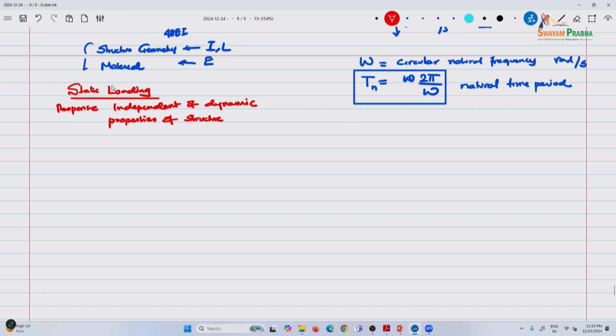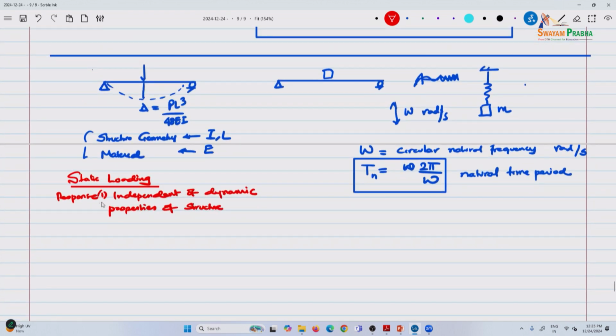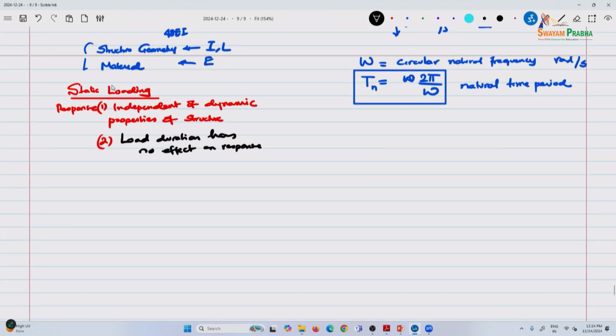now here it is independent, and secondly, you also have the load duration has no effect on the response. Well, you might say if I keep the load for a long 5 years, it creeps, but that's creep. That's different. Again, that's a static behavior, right? But here the immediate response, so the deflection response,